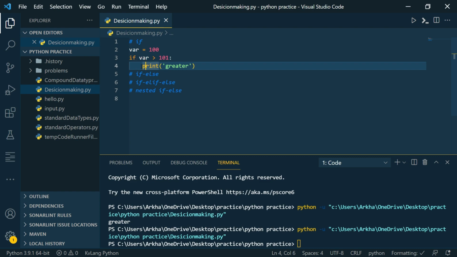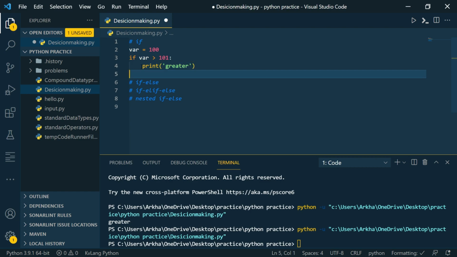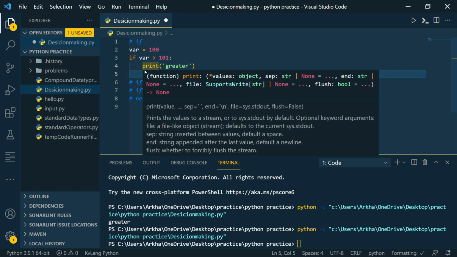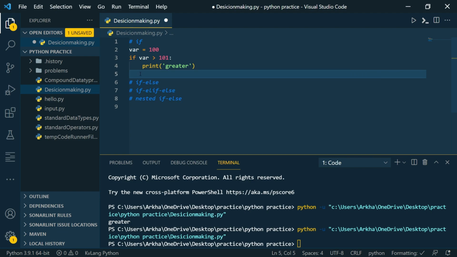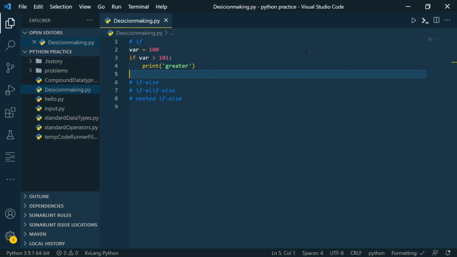That means you can't just write any statement here. It won't count as a part of this if statement. I hope that is clear. You can't just start writing from here. This will be considered as outside the if block, and this will be considered as inside the if block.